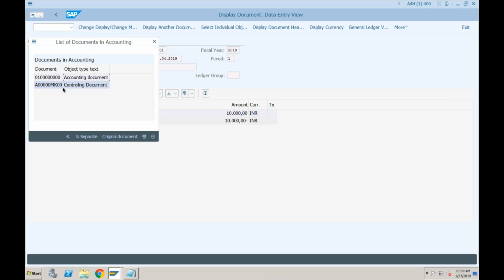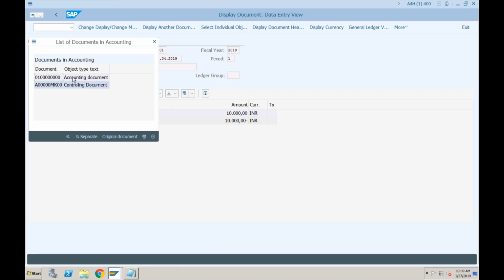We don't get this type of document numbers because in SAP ECC, accounting and controlling were two different components. Each and every component had its own different tables and its own number ranges which were getting picked. But now, since we are talking about SAP S/4HANA, at least these two components are merged together, and that is the reason there is no need to create two separate documents. So this is just a statistical document, just to show you the information, but this is the only document which is created in the system.